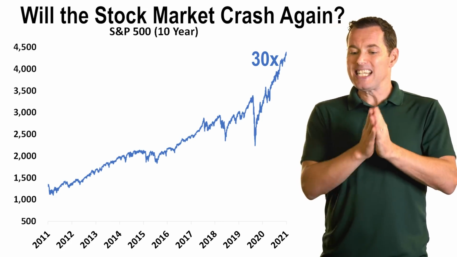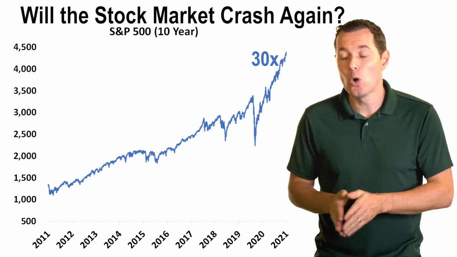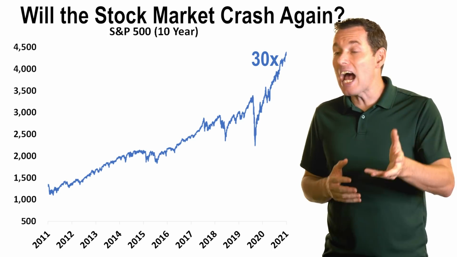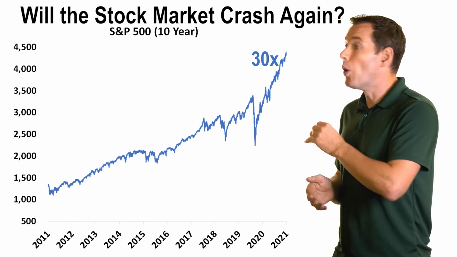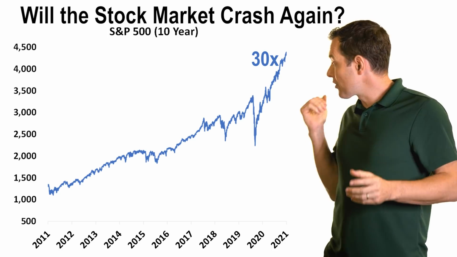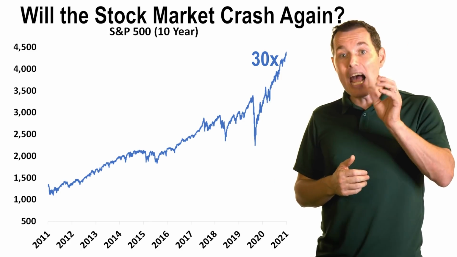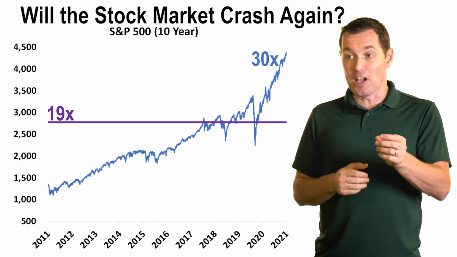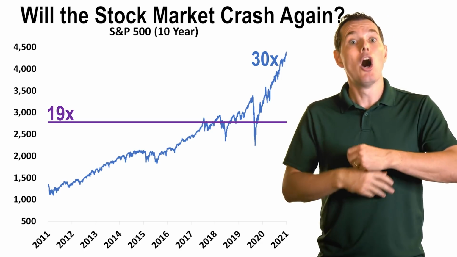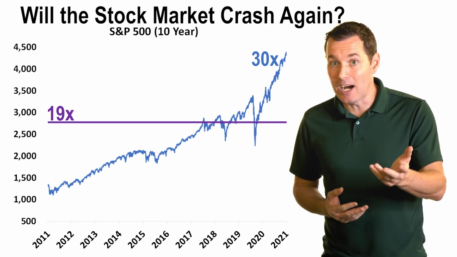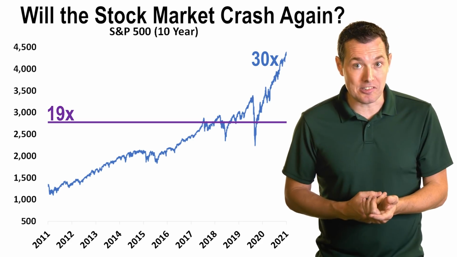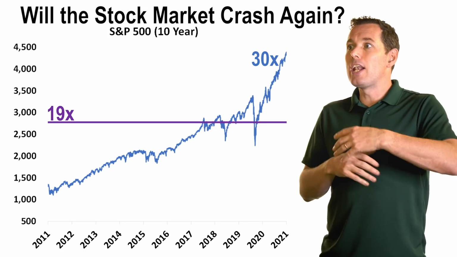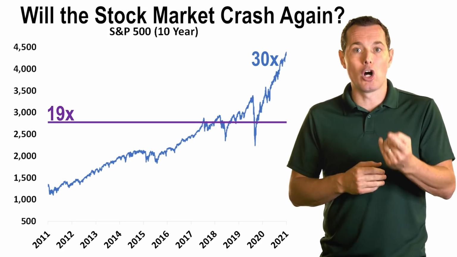So our question is, is that a good price to pay, or is that too high, or way too high? Well, I calculated the average of the S&P 500 over the past 10 years. And during this entire time period, the average PE multiple is about 19x. So we would pay 19 times profit on average. Right now, we have to pay 30x. So essentially, we're paying $11 more than on average per $1 of earnings.